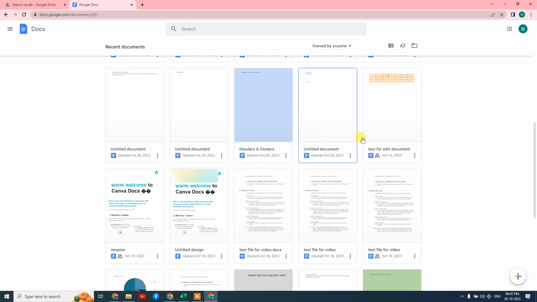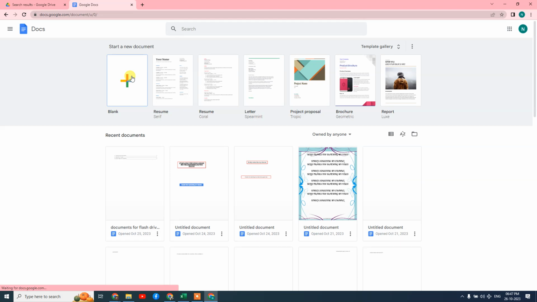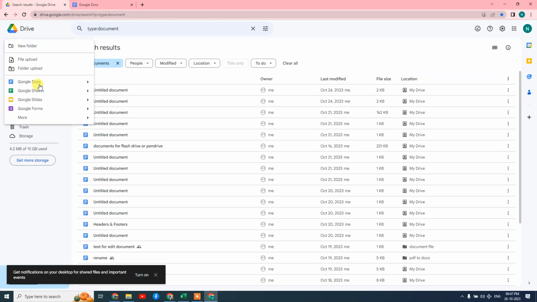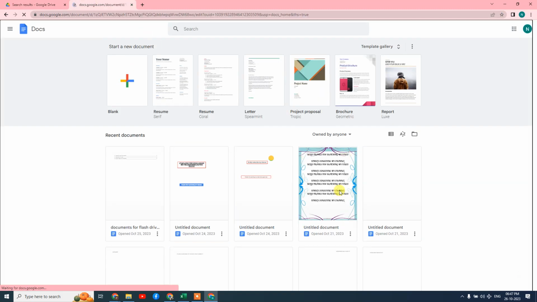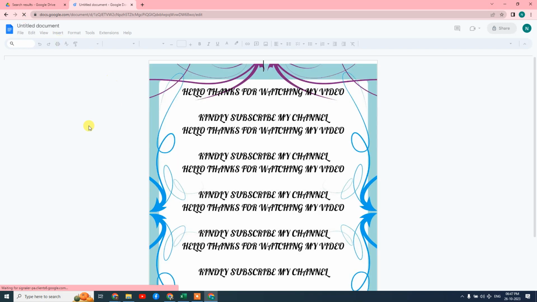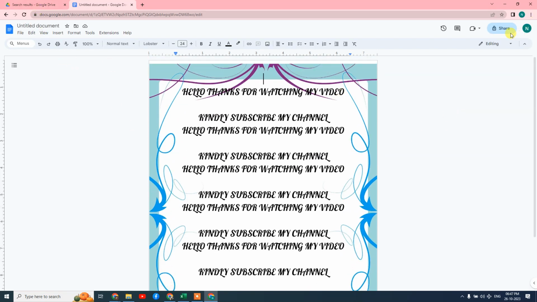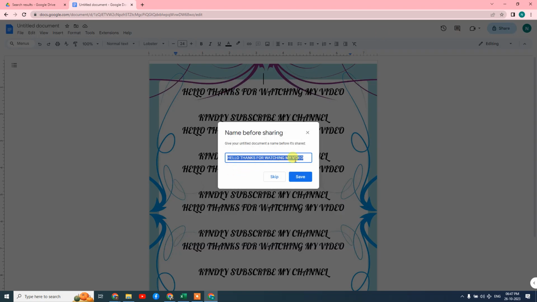So you can create new documents from here, and also you can create new documents from here. So I take one document from here. Okay, so I got this document I created, and I want to share it. So simply what you need to do is come to the Share button, and here you can see,